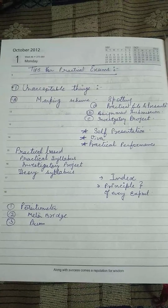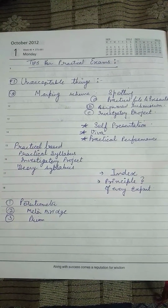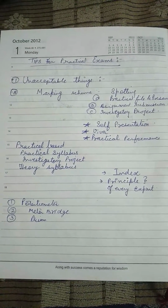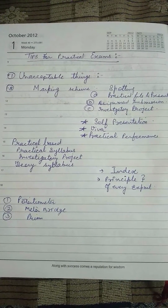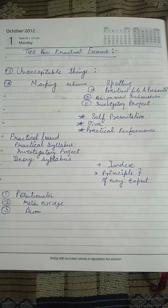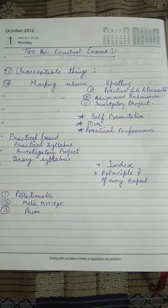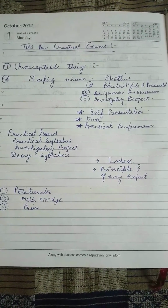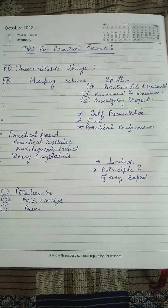Not only that you have to prepare well for your practical exams, but there are certain tips which you need to keep in your mind while going for a board practical exam. First thing, while giving your board practical exam you have to be good presentable. On that day when you go to school, take a proper bath, have well polished shoes and your dress has to be well ironed. Clothes should be perfectly pressed. You have to wear your school uniform